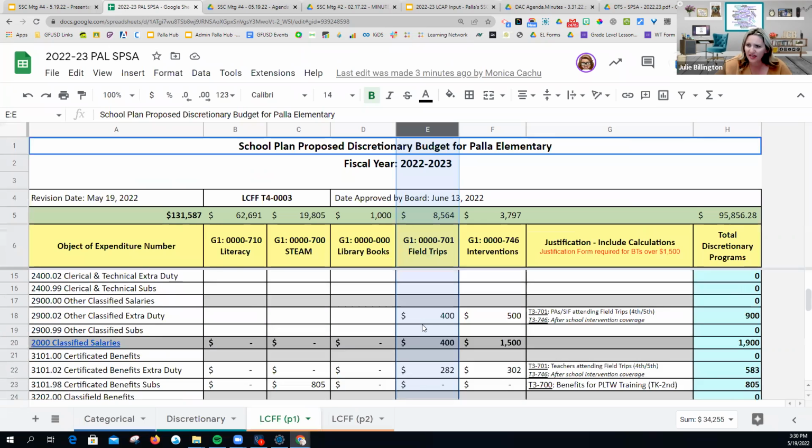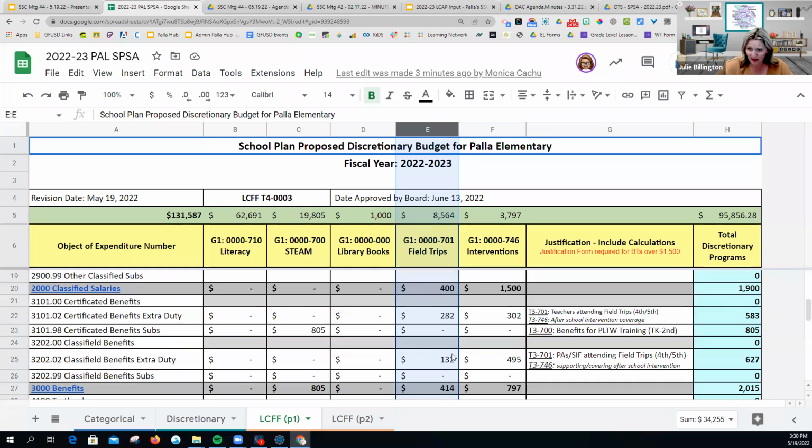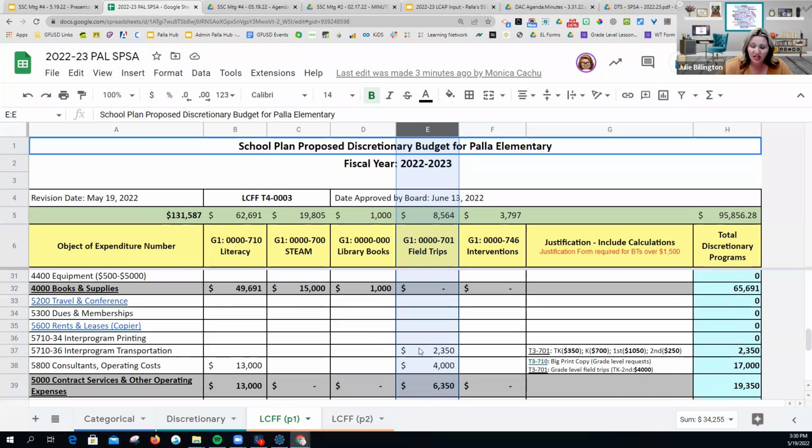And so this one is like if we have assistants that are going on the field trip, sometimes they go longer than the regular day. So this is paying for that extra duty coverage and then the benefits that go with that. And then I also have set aside down here the bus costs, the transportation costs, as well as any field trips. And roughly in the past, it's been around $4,000 for all of our grade levels because